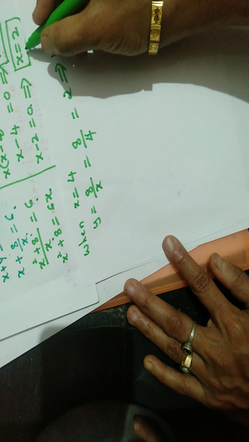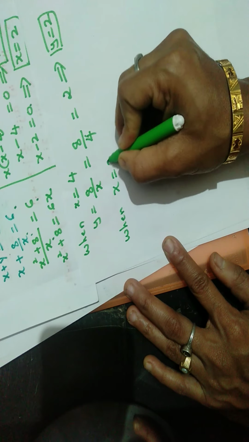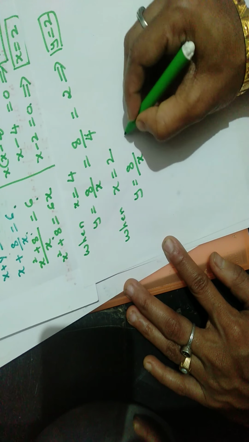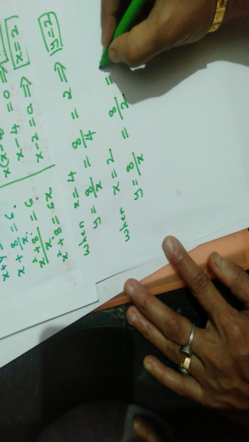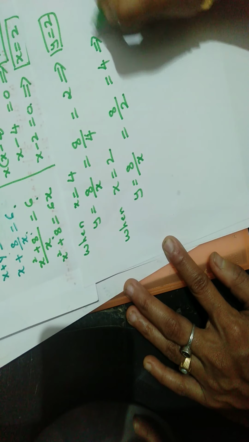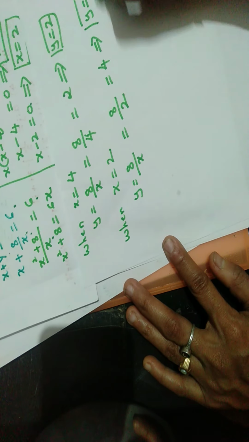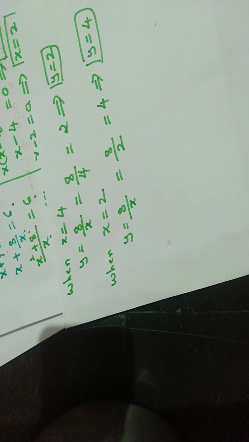One more value is there when x is equal to 2. When x is equal to 2, so y is equal to 8 by x is there. That means 8 by 2, means 2 fours are 8, that is 4. That implies y is equal to, we are getting 4. These are the x, y, z values. Okay. Understand, all of you? So these are the x, y, z values we found.